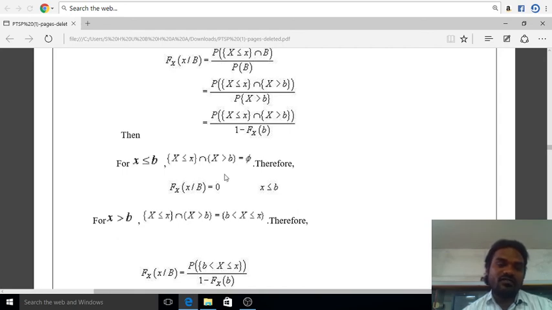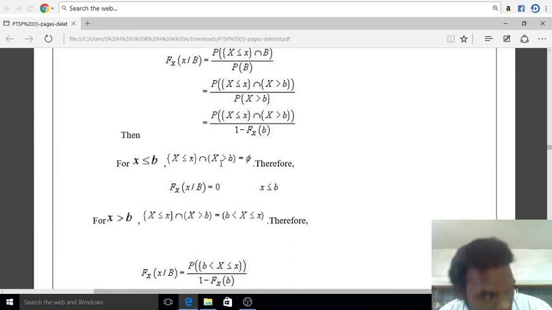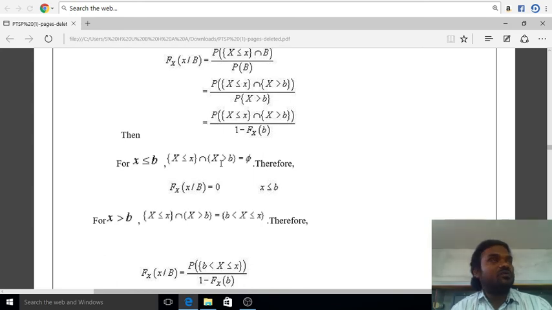The null set is the result of two disjoint sets, so this set and this set are called disjoint sets. In the starting classes of probability, we discussed set theory, in which we covered all the possible sets. Whenever two sets have no common element, they are named disjoint sets, and the resultant intersection is named the null set.